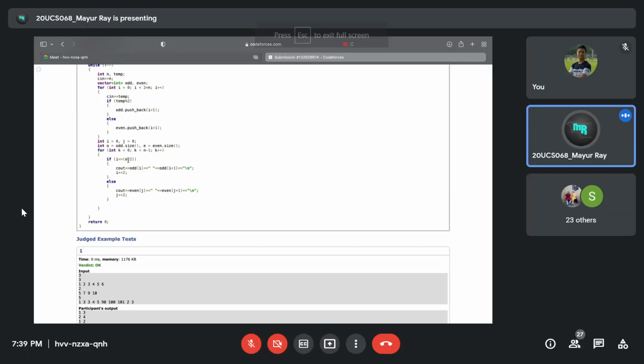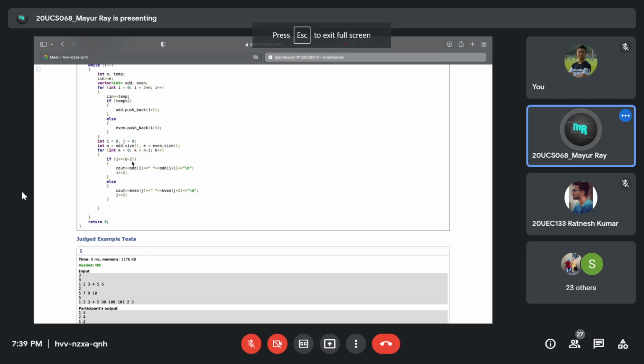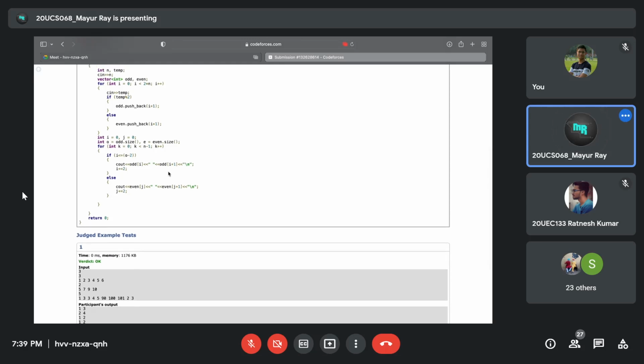The odd vector has O elements, and I have subtracted 2 here because, let's say there are 5 elements in the odd vector: 0, 1, 2, 3, 4. I am printing 0, 1 the first time, then 2, 3 the second time. Then when i is equal to 4, I can't get any more pairs because there are only 5 elements, so I can't get the fourth and fifth element together, right?